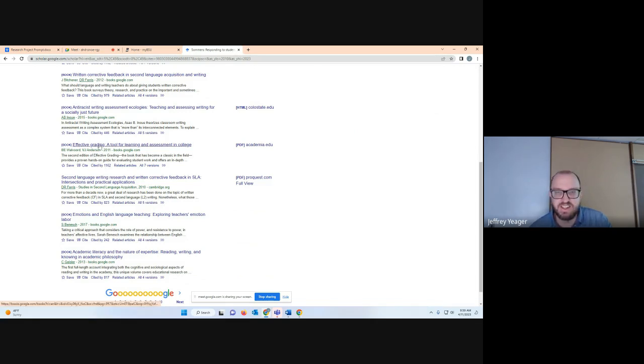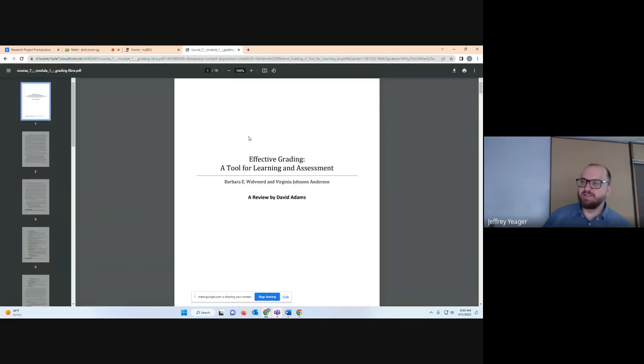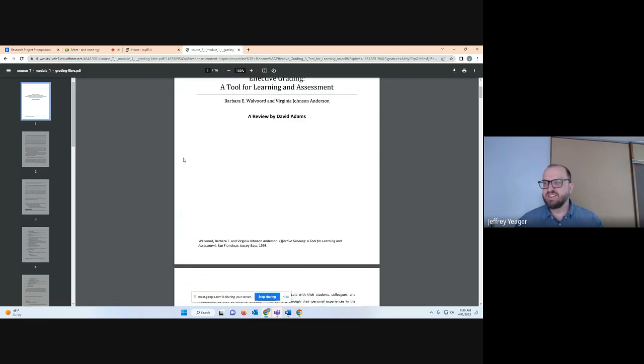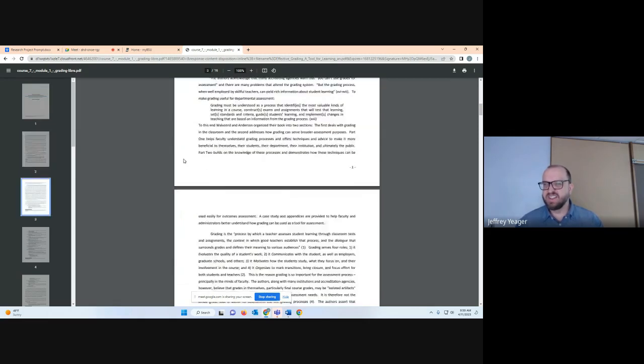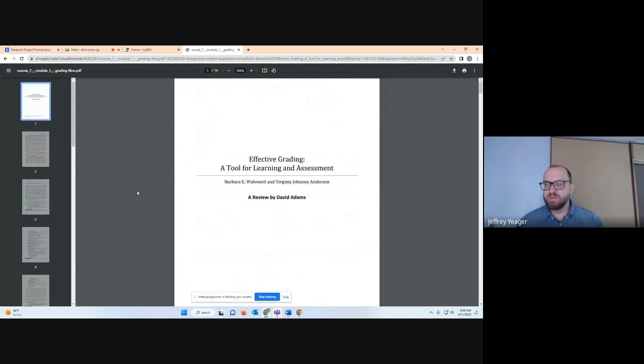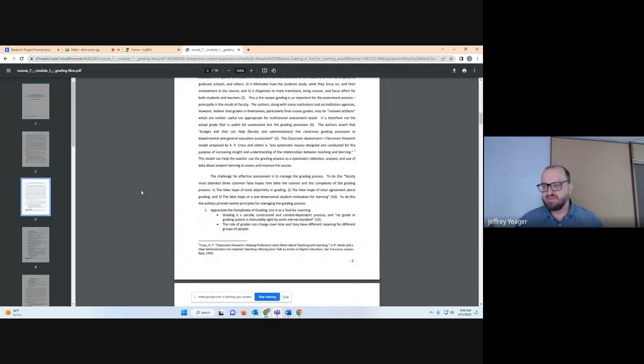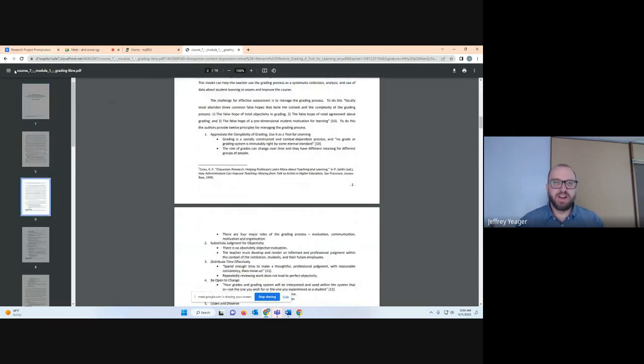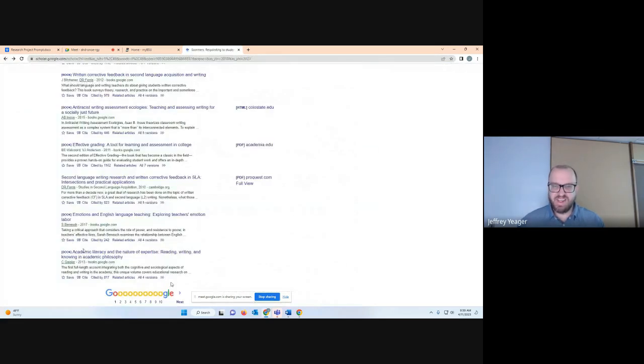So here it looks like it's a book called Effective Grading: A Tool for Learning and Assessment in College. Looks like there's a PDF for it. Well, this looks like a book review of the book, but you could potentially pull that up and cite it.